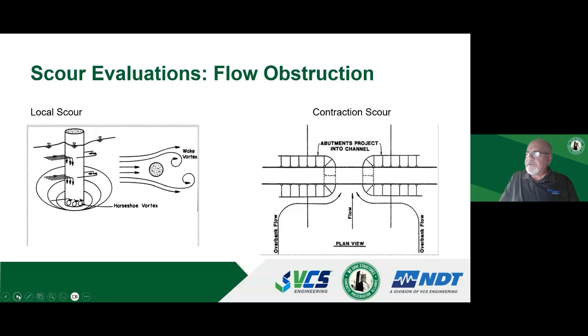In hydraulics, the flow equals the area times the velocity. And if the area is fixed, like between 2 abutments, and the flow is coming through, it gets squeezed in there or contracted, the velocity is going to speed up. So that could also increase the erosion of the soil. So where there is a pier obstruction and a contraction in a floodplain, you can have 2 types of scour